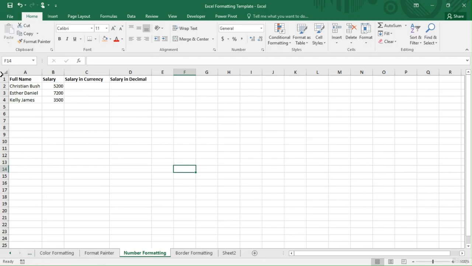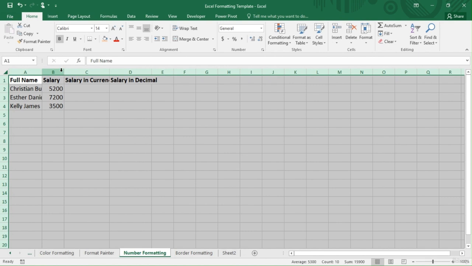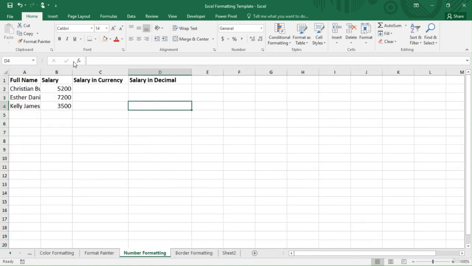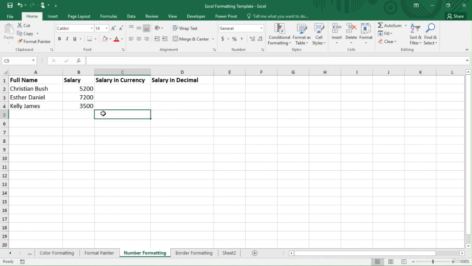Now we have this. So this contains the salary and the full name of some individuals. Now ideally, salary ought to be in currency. So what we're going to do is change the number format for this salary. So Christian Bush, his salary is 5,200. So to simply change this amount here to USD,